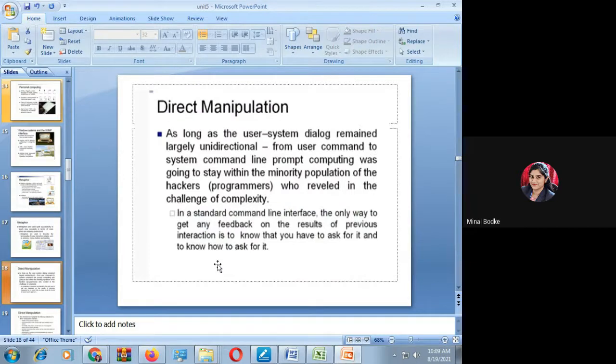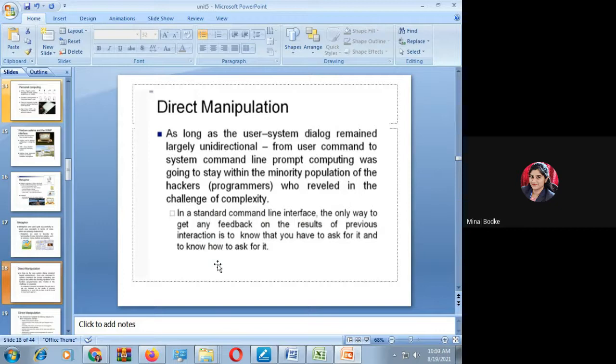Now next comes the concept of direct manipulation. So what is direct manipulation? We have seen that the user can directly manipulate or handle graphical elements like windows, scroll bars, and menu bars, just by using physical devices like a mouse. Then you can use the touch screen mode or voice commands. You can directly operate your interface.